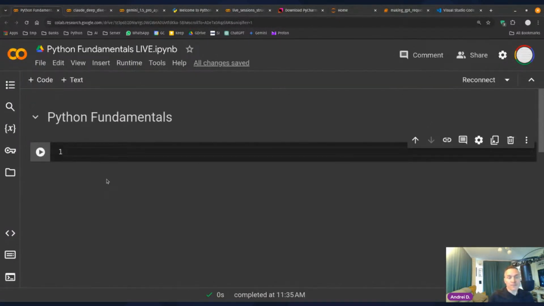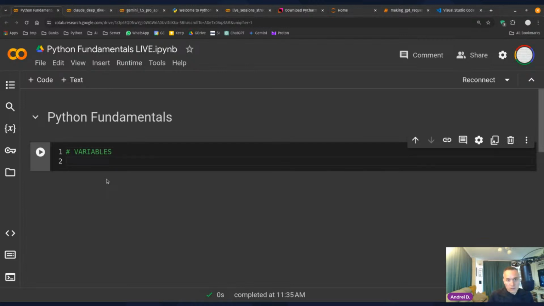Let's get started and talk about the first fundamental concept of any programming language. Of course, it's the variable. So we are going to talk about variables. What you need to know is that in Python, you declare a variable like this: the name of the variable, for example, name, equals, and the value, Andrei. Python is a dynamically typed programming language, which means that you don't need to specify the type when you